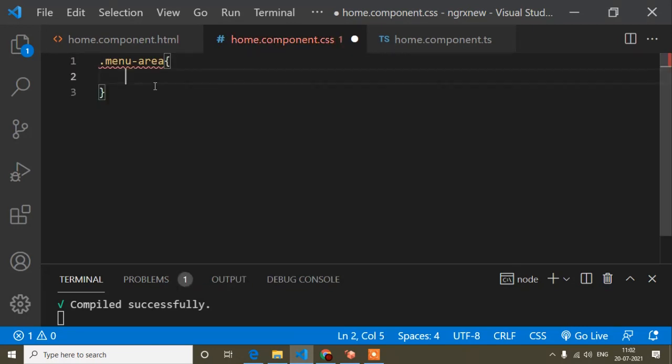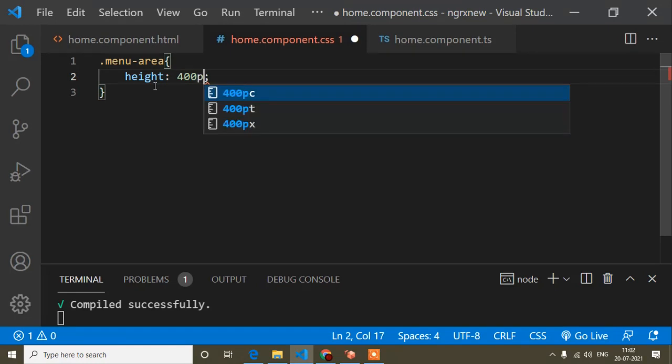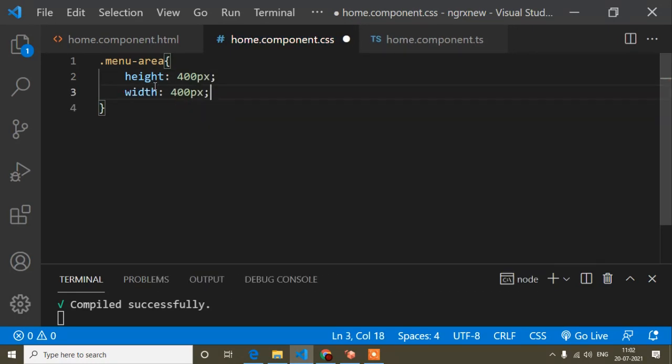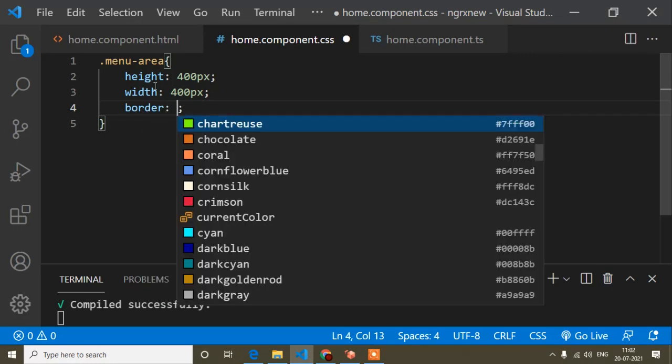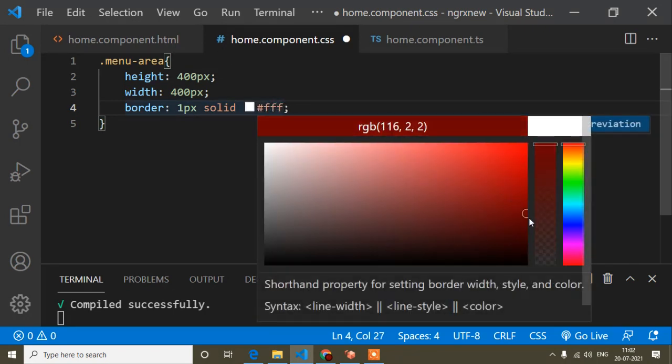First I will set the height of this div to 400 pixels and the width to 400 pixels, and I will write a border, so we can easily see the div area. The border color is this one, and I will change it to red.